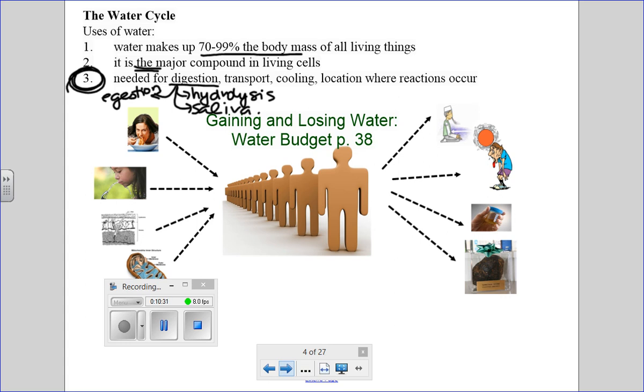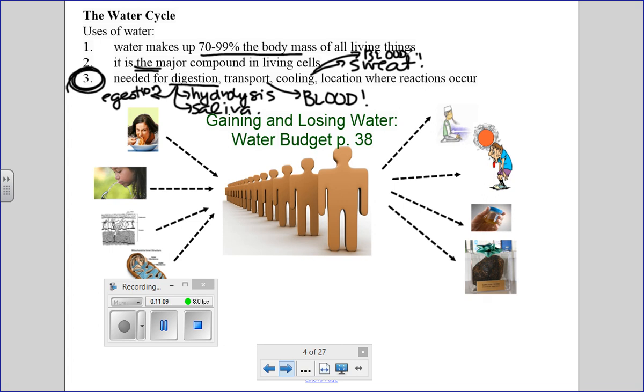Now, water is also important for transport. Let's think about your blood. Your blood is made up basically half of water, and the part that is water transports a lot of things. It can transport dissolved gases, it can transport waste and nutrients. Water is used for cooling, so think about sweat and think about your blood. Your blood plays a role in helping keep you cool because your blood flow will be redirected to cool you off. And of course, sweat will be produced as well.